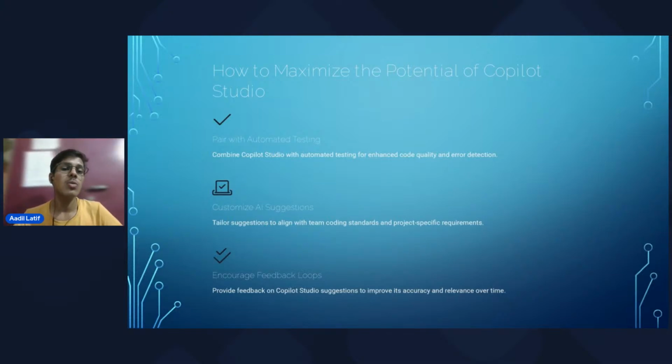The title of the slide is how to maximize the potential of Copilot Studio. It means how can we maximize the potential by making our own Copilot Studio. So we have to pair it with automated testing, because if we are combining Copilot Studio with automated testing, it will help us integrate with that platform. By this we can maximize the potential of